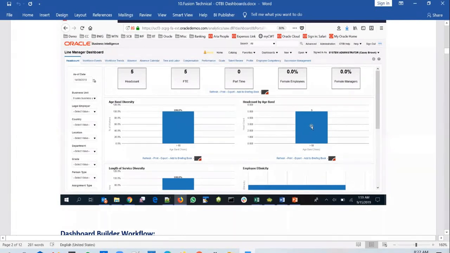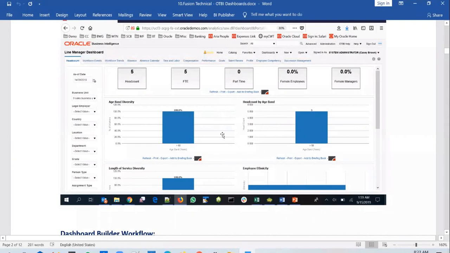So I don't need to convince you as to why we need dashboards. But in the dashboards, yes, you can have multiple pages as well, and each tab can focus on a particular aspect related to worker. And within each page, again, you can plug in multiple analyses, which are nothing but OTBI reports by themselves, which are nothing but summary-based OTBI reports. So in the case of dashboards, very rarely you get a requirement to create a new one.